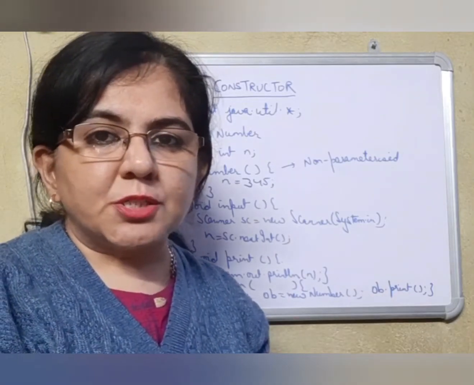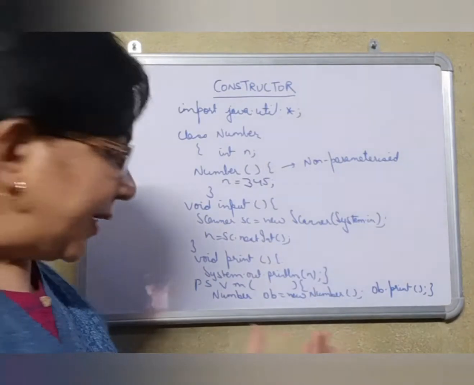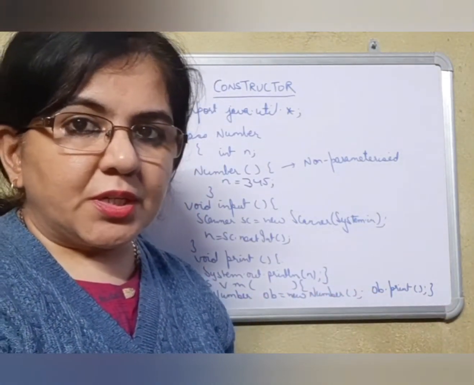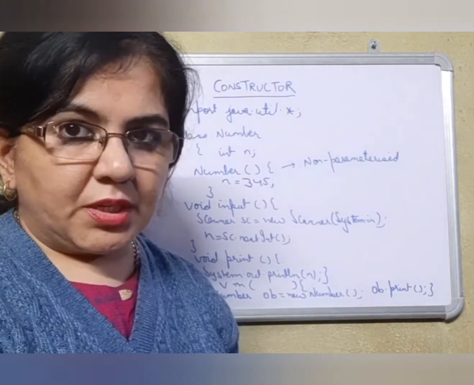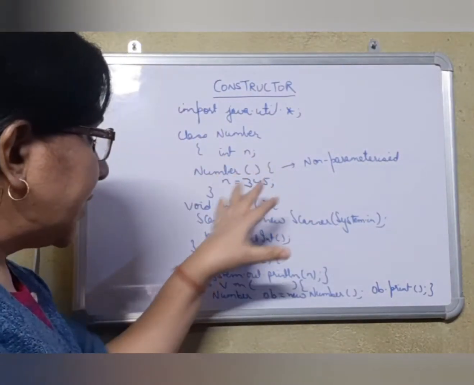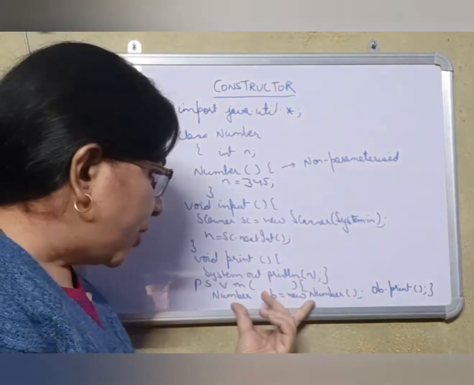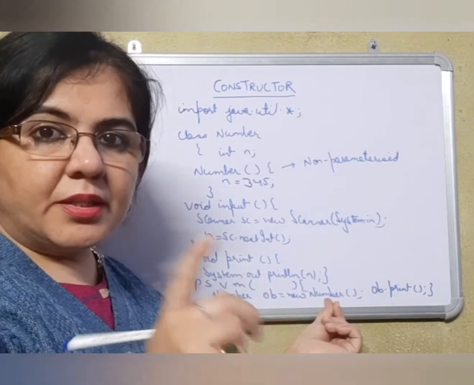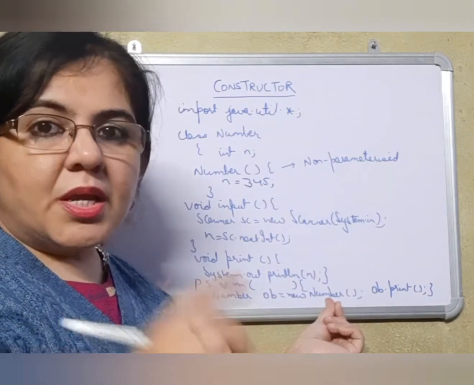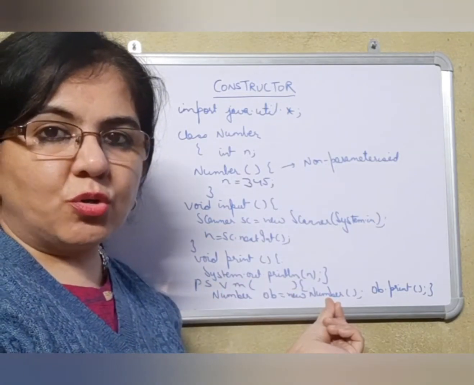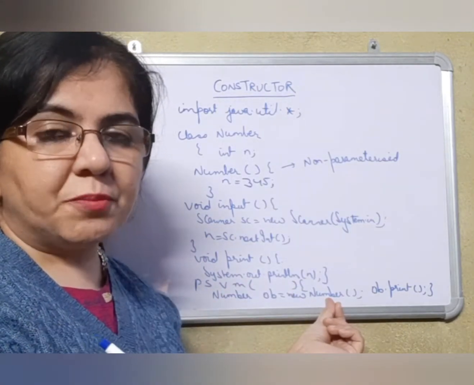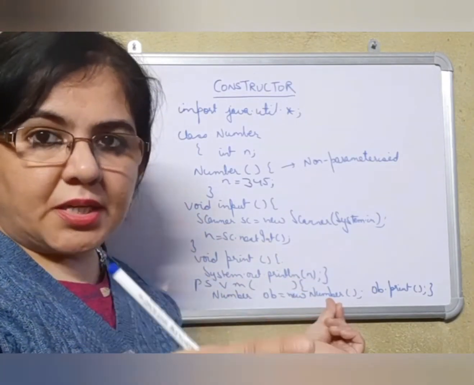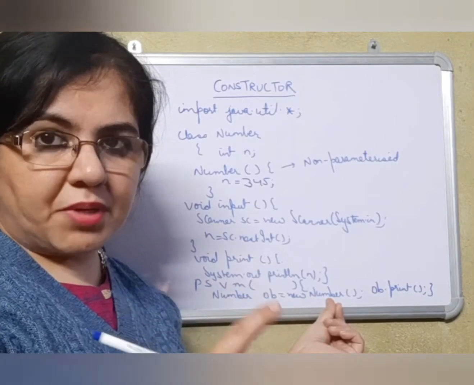Now many of the students may be confused that till now we were creating the object in this way every time in our classes and objects, and we did not create a constructor in that. So how was that working? Actually, when you are not creating the constructor of your own and you create an object, this constructor is automatically created by the compiler. That is a default constructor, in which it will only give 0 values to all your instance variables. So make sure that if you are not creating a constructor, still a constructor is being created, and that is a default constructor created by the compiler.